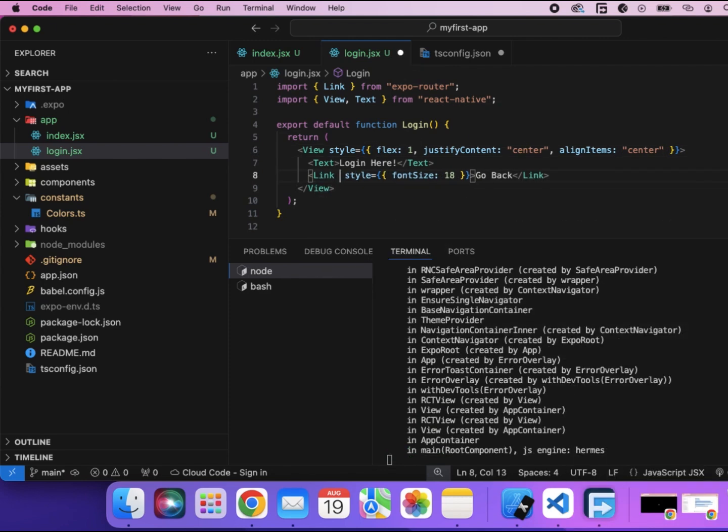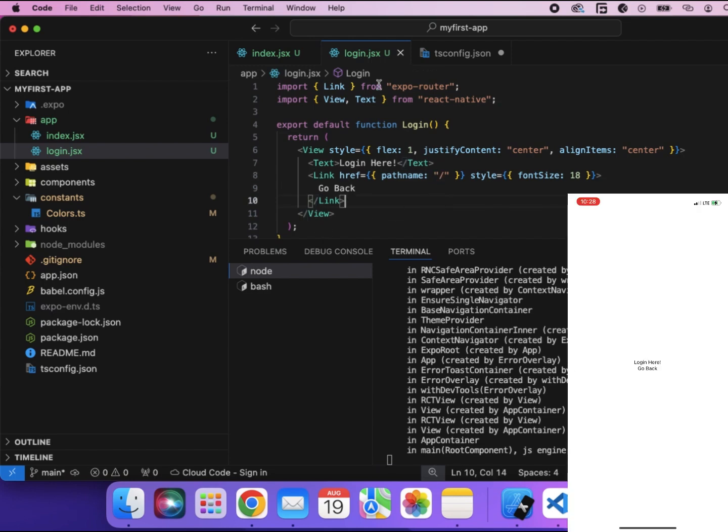Sorry, href, yeah, I have to provide it the pathname. It's supposed to take me back to backslash. Now if you are following, I've been importing and I've been writing these codes, and it can be quite